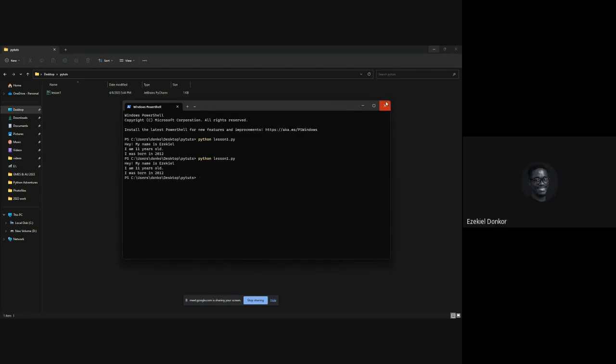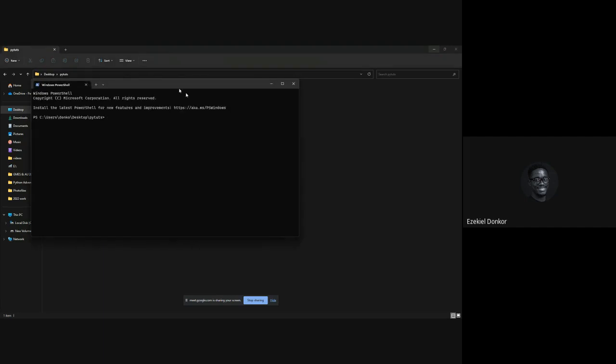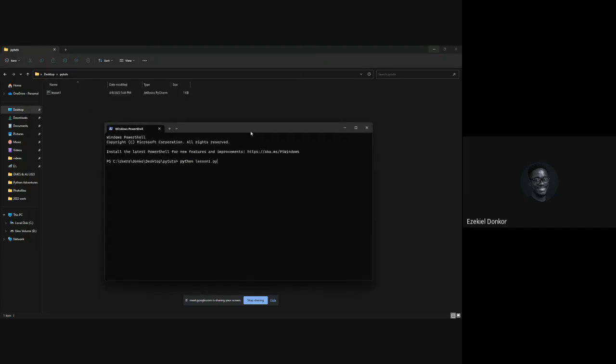If we close the terminal, unlike the first one, and we open the terminal again in the same folder and we write the same code again and then we hit enter, it should be able to run it. Why? Because it's saved in a document called lesson1.py.